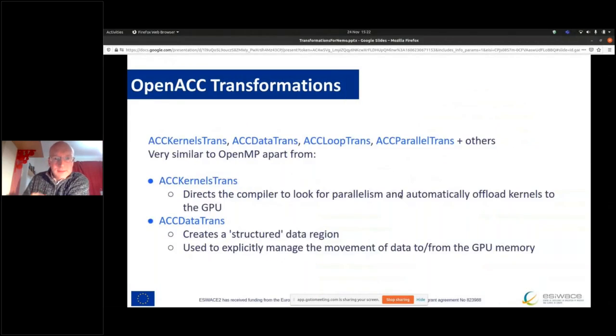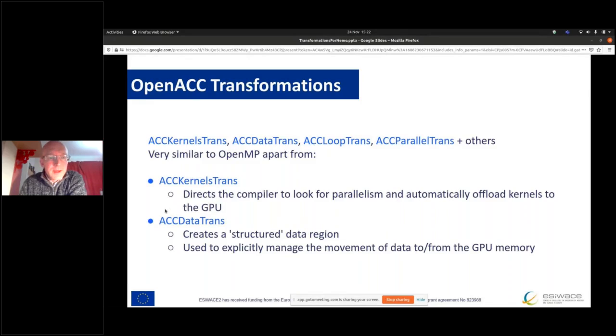OpenACC is very similar, as those of you who know it will expect. It has the same concepts of a loop and a parallel loop. Where it differs are, as Rupert again talked about, there's the kernels transformation, which we make a lot of use of in the NEMO API, because essentially we're just using the power of the compiler to do the right thing and look for parallelism and automatically offload any kernels it finds to the GPU. And then